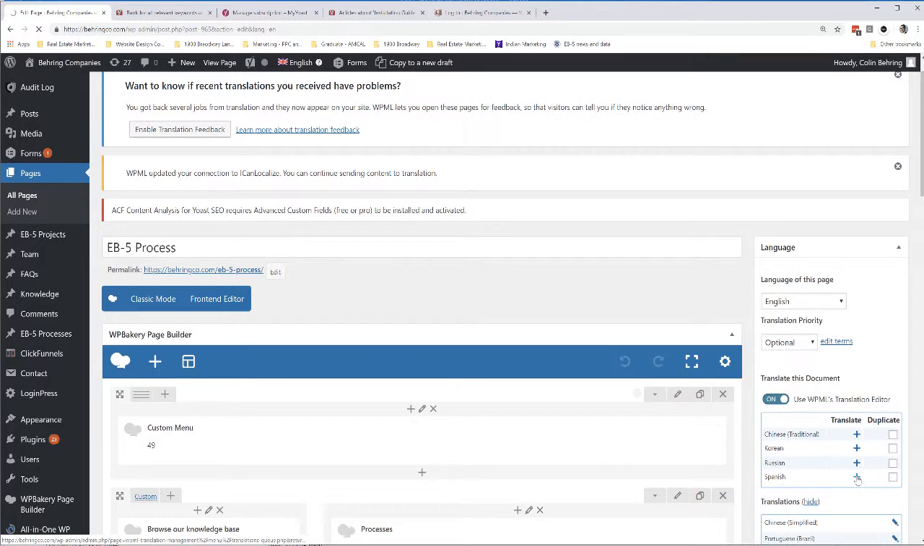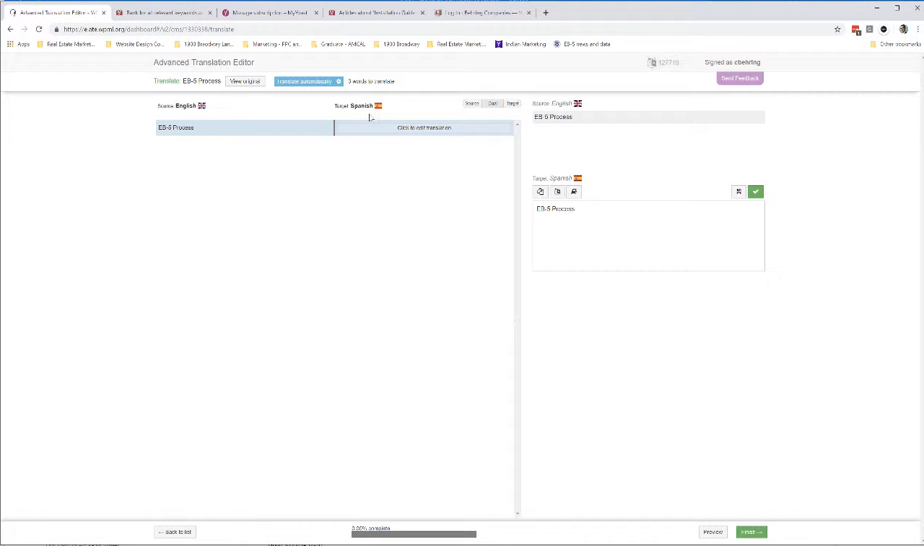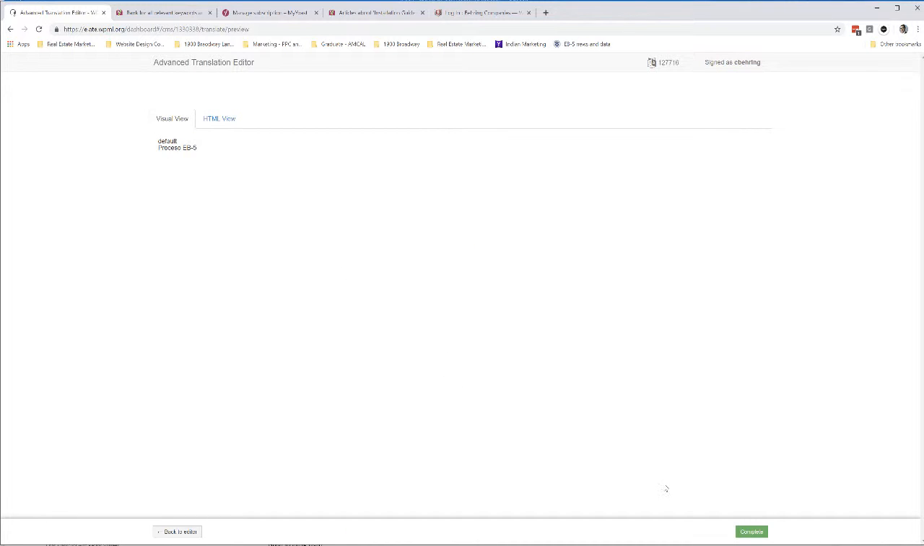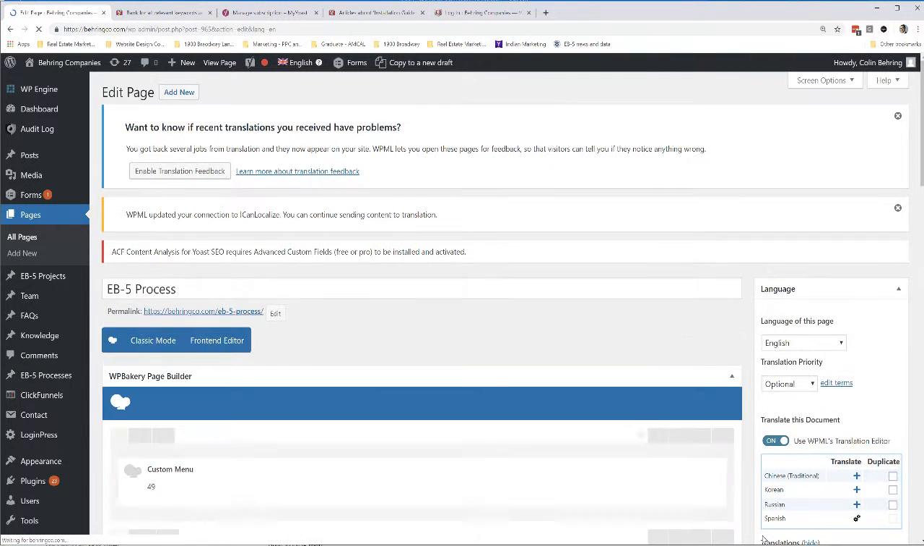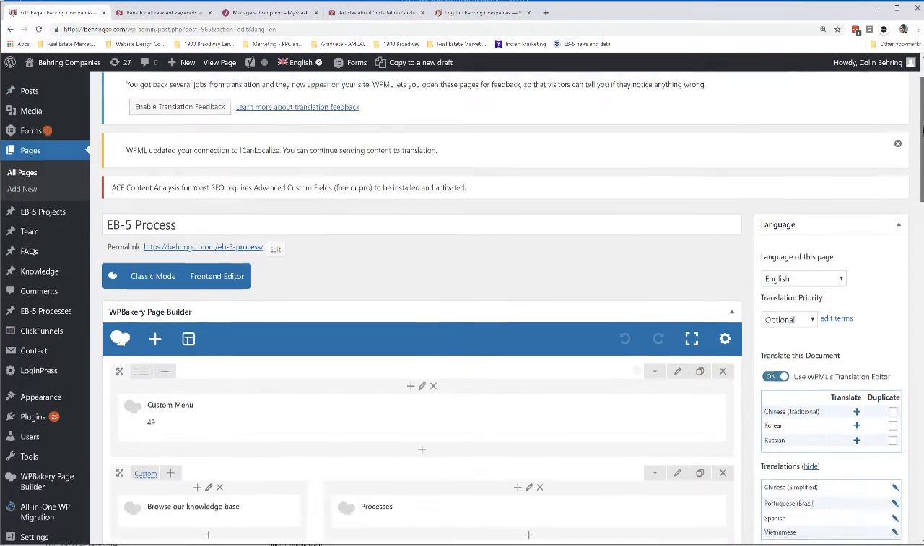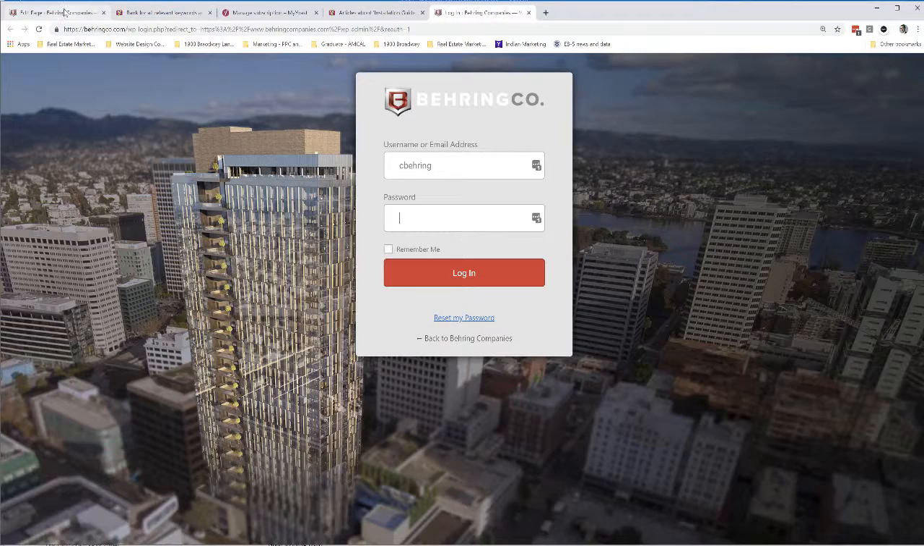So we'll go ahead and create it for Spanish, Russian, Korean as well. Translate, finish, complete. Okay, and then we probably actually can take a look at the translating in the menus. So, if we go to our website,